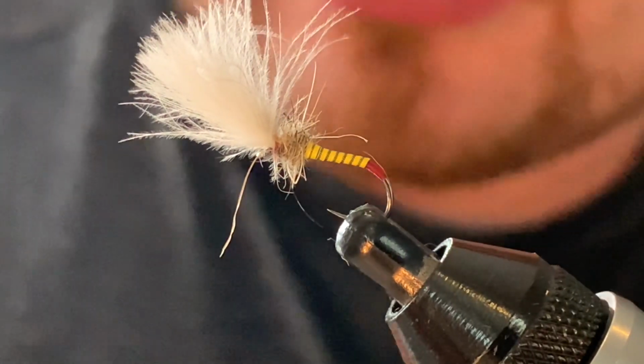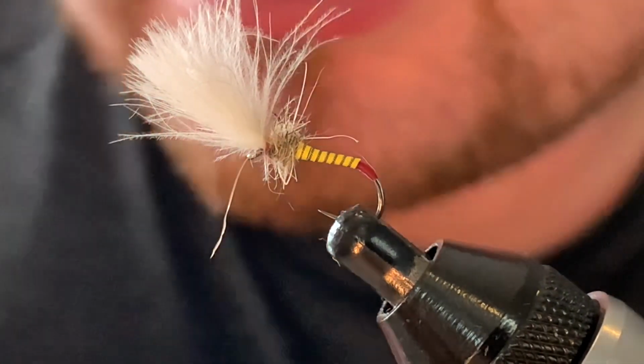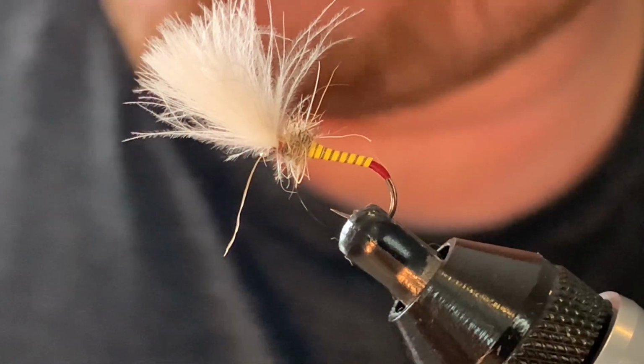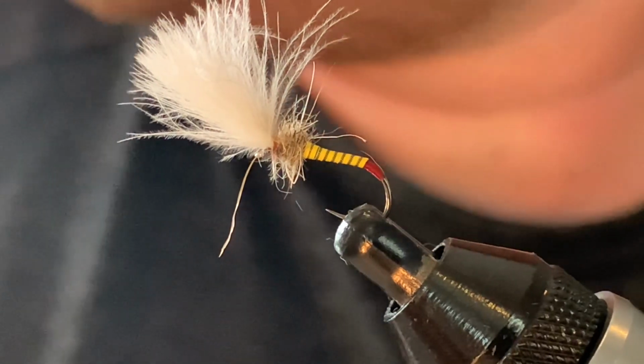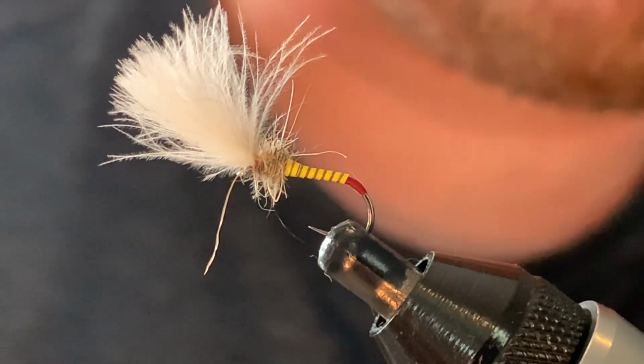Just due to the summer, and obviously trout not doing well in the summer, especially at my fishery. So I've been on the bass for a few weeks, but it's cooling down now, and yeah, we'll be back on the trout